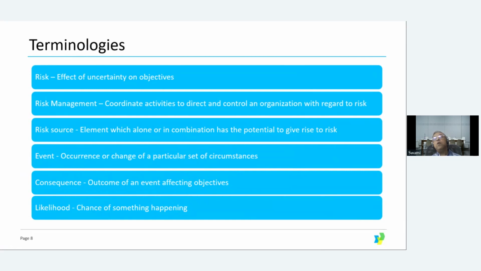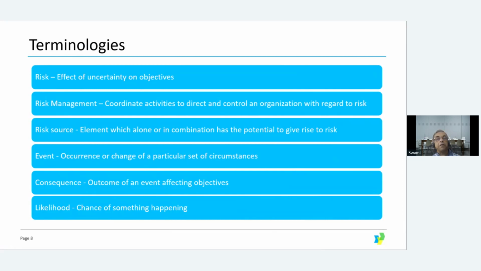The uncertainty can be positive, it can be negative. The uncertainty we need to manage because the entire world is full of uncertainties. We need to have some processes and procedures in place to meet those uncertainties in order to achieve our organizational